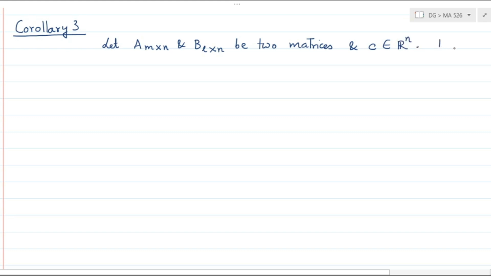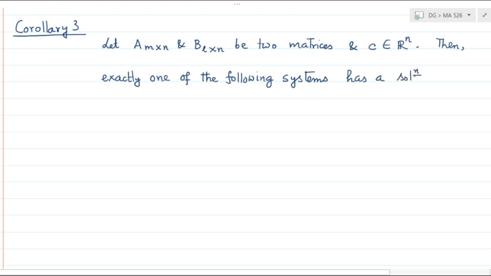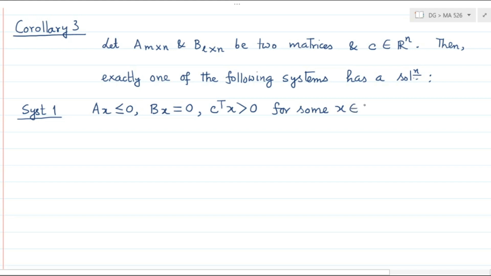Then exactly one of the following systems has a solution, not both. System 1 is Ax less than or equal to 0, Bx is equal to 0, C transpose x greater than 0 for some x in Rn, and system 2